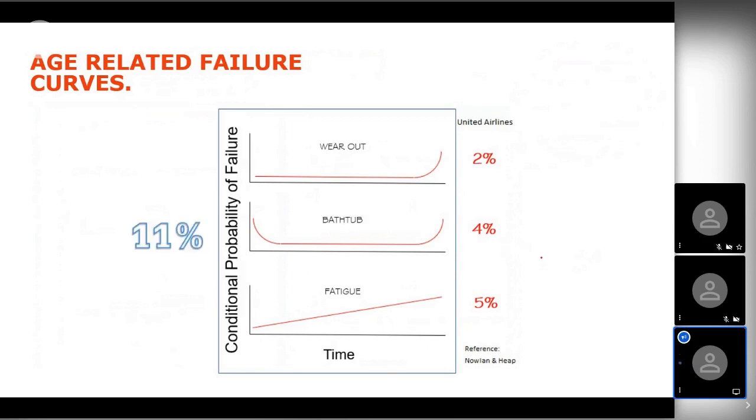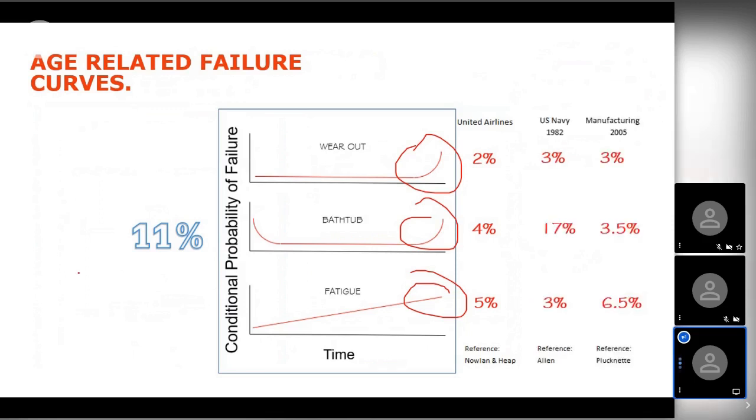So only 11%, if you add all of those 3 curves up together, 11% follow what we call age-related profiles. So they get to this wear out at the end. Only 11%. And you might say, oh, well, that's fine because that's the airline industry. That doesn't count for my business. Well, there's been a lot of studies that have been done since this time, and the results are pretty similar. 17% for the Navy. The Navy one was done on a submarine, so the submarine has a much higher risk than most manufacturing plants. So the numbers are slightly different for that one. But manufacturing is exactly the same as the airline.